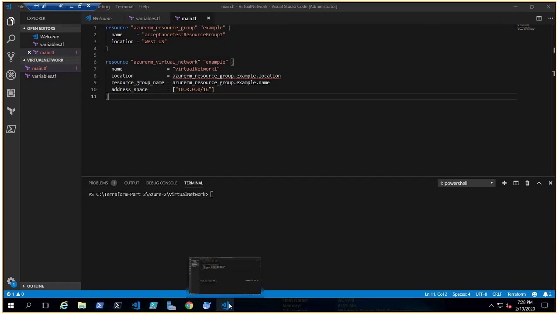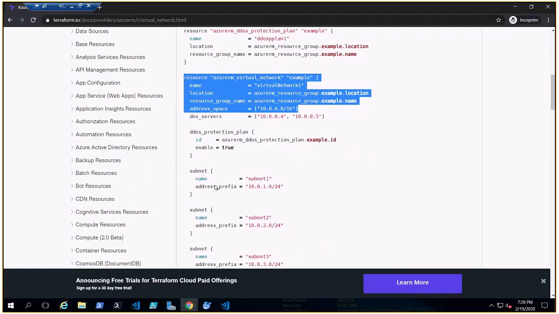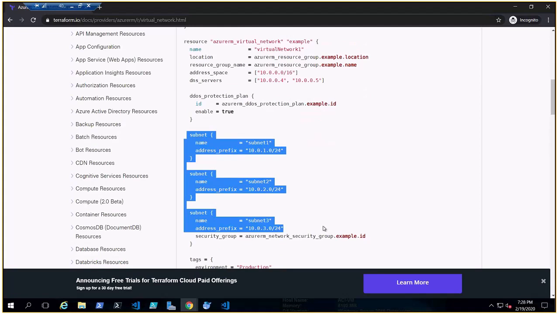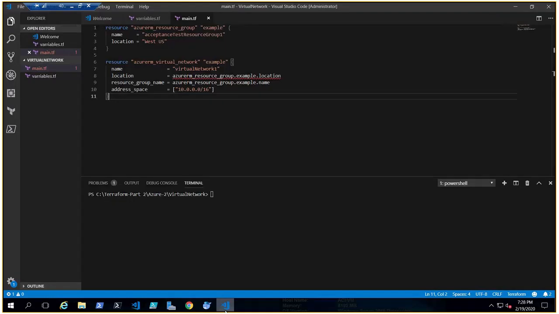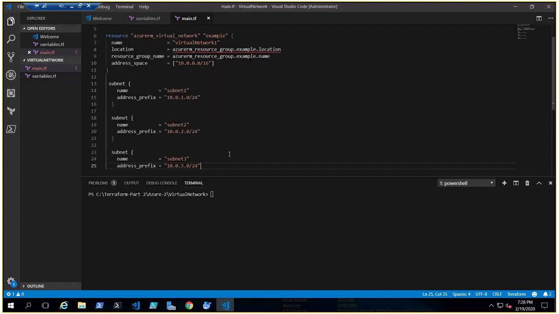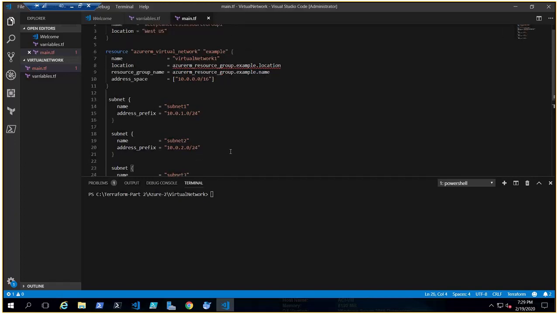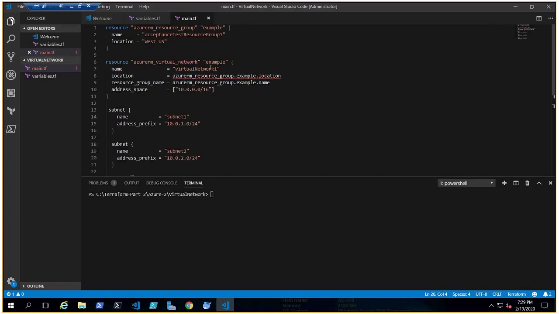All right, now we do have subnets here. Let's copy these subnets. We have 3 subnets here. Okay, and let's go through the code. The azurerm_resource_group example gives some name, a random name, to the resource group, and a location. Now for the virtual network, it says name,